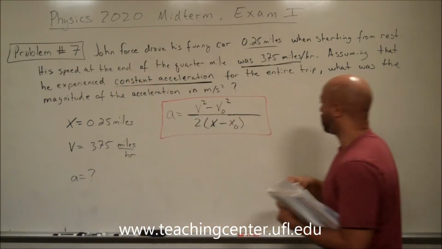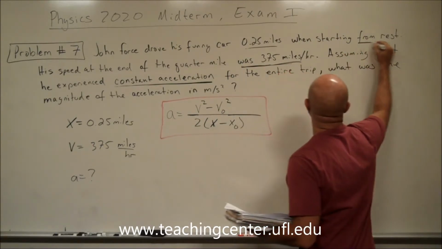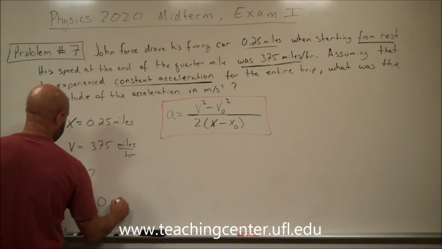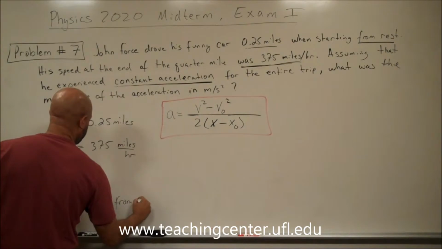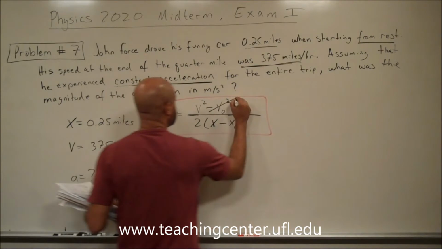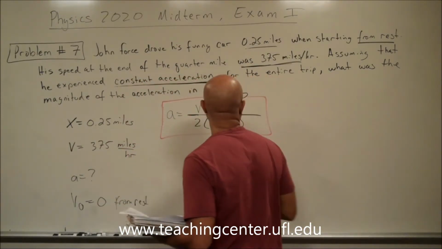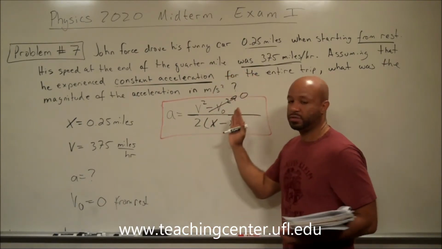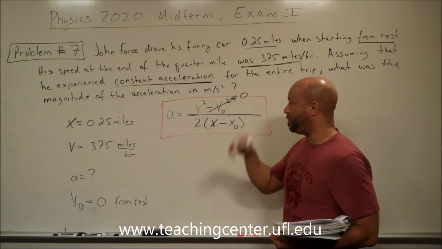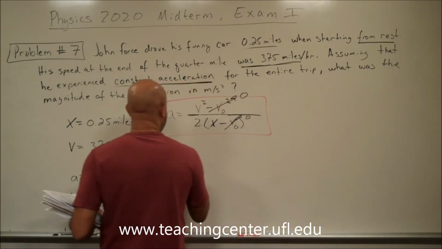And we know that since he's starting from rest, our initial velocity is equal to 0. So this is 0, and we know that our initial displacement is 0. He's starting out from a single point, so we define that as point 0, so this initial displacement is 0. So then this equation just reduces to